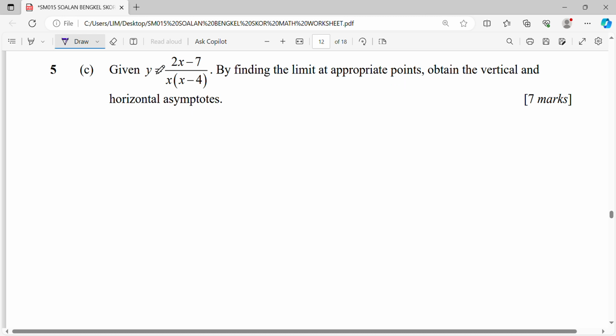Okay, so given y, you have a function, finding the limit at appropriate points. You have to find out where the vertical asymptote and horizontal asymptote may happen. So go for the vertical first. Vertical, you have to define. You have to start with the function y is